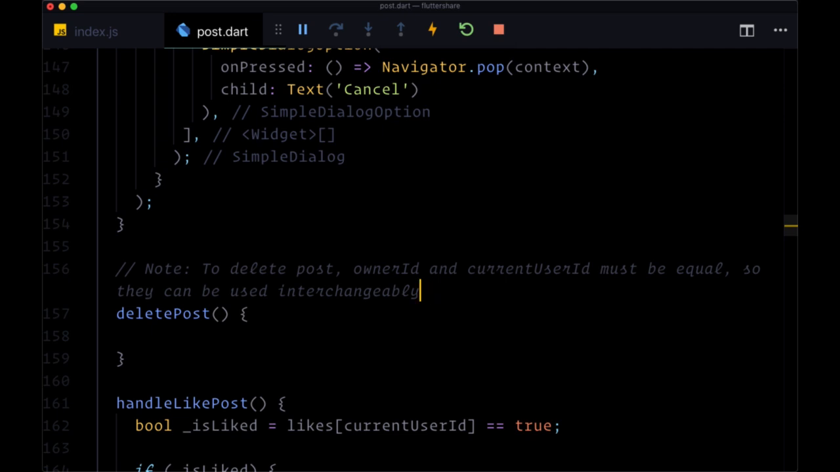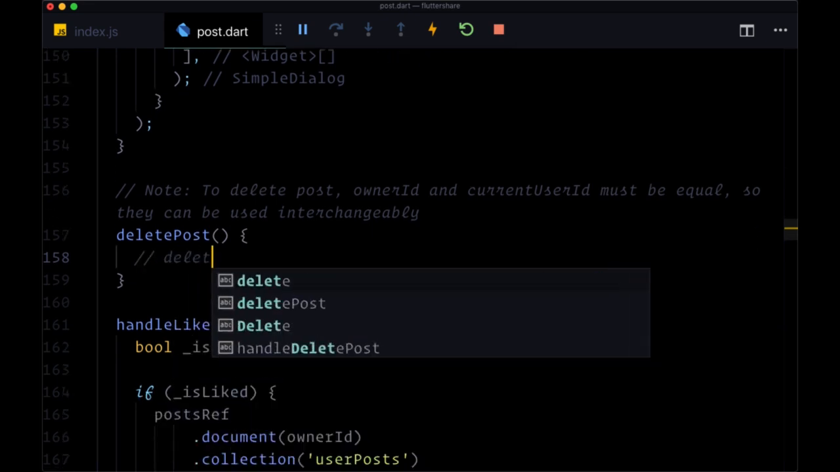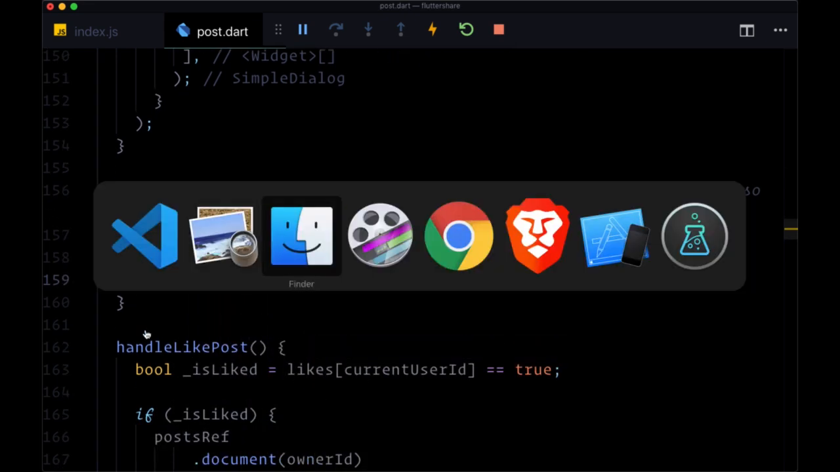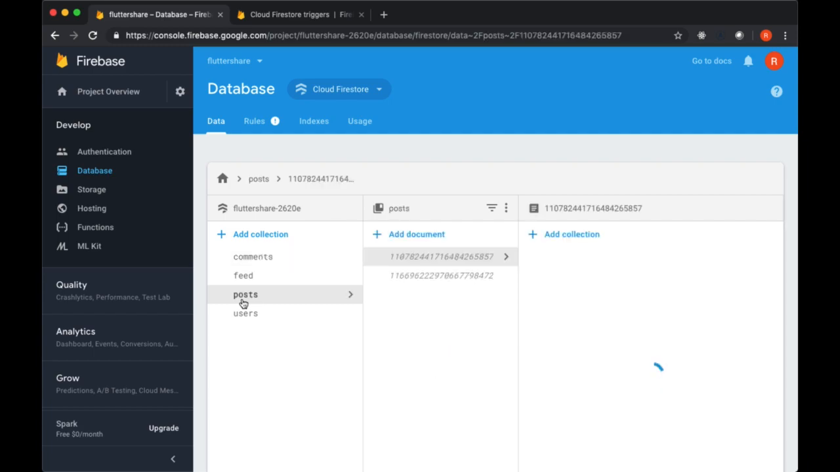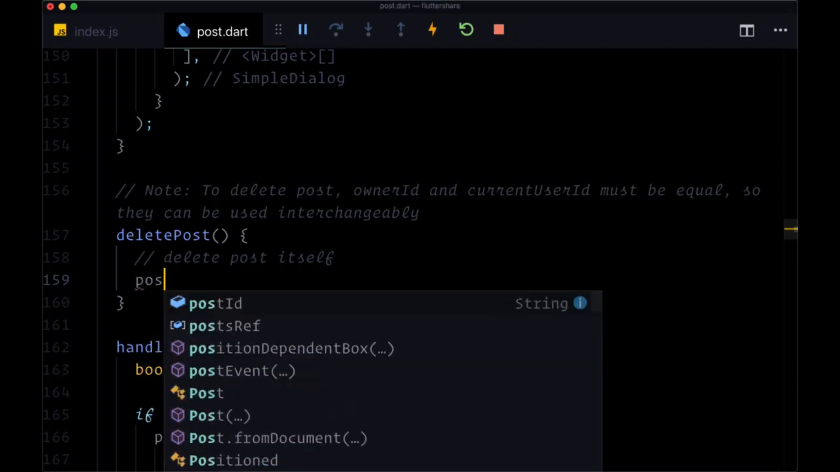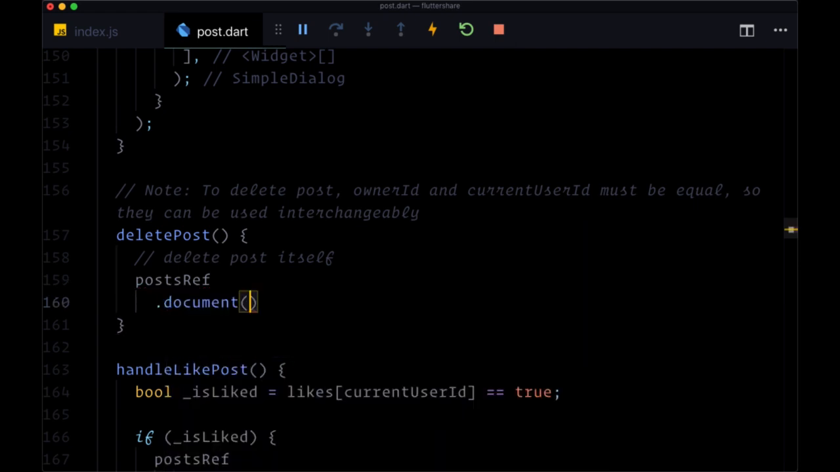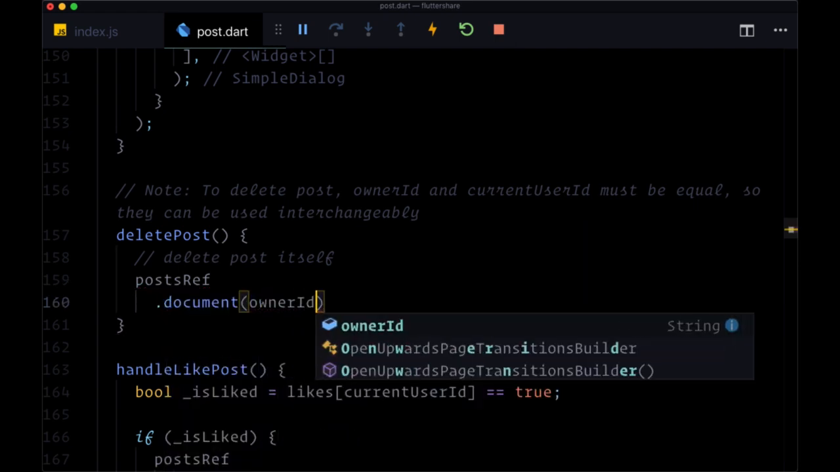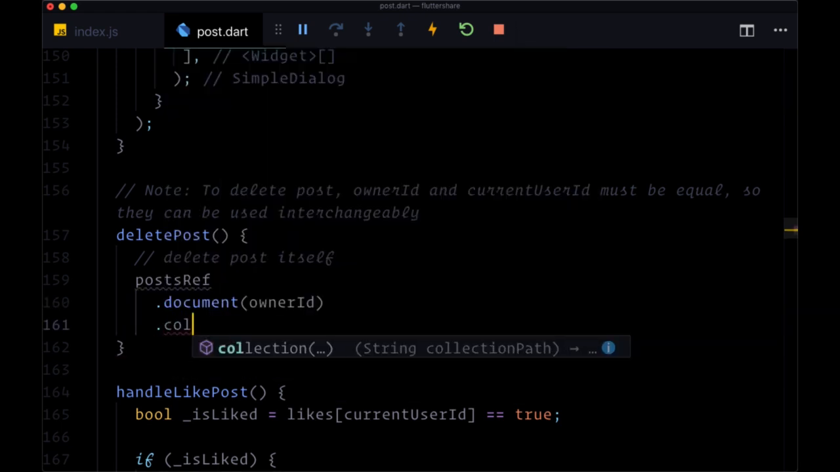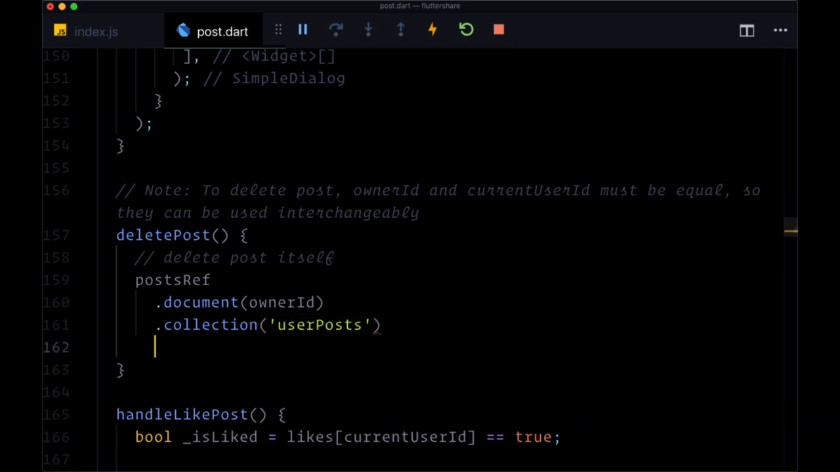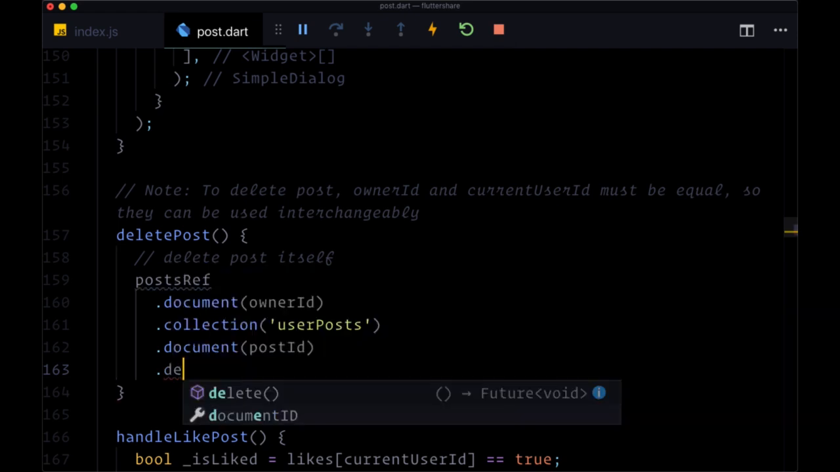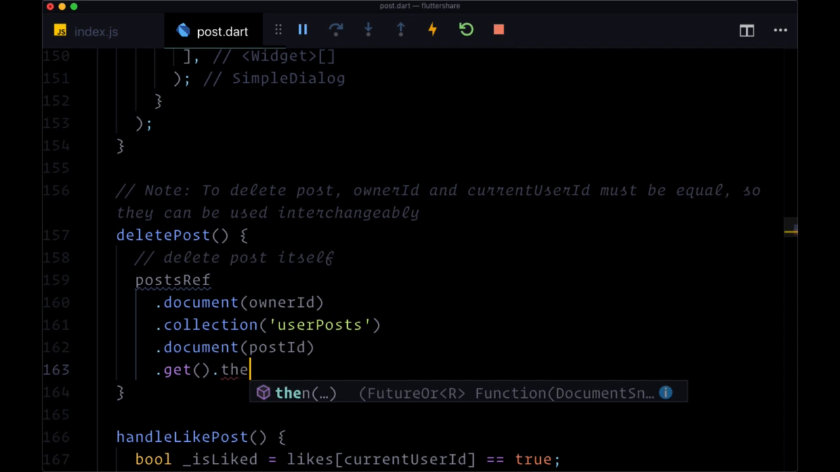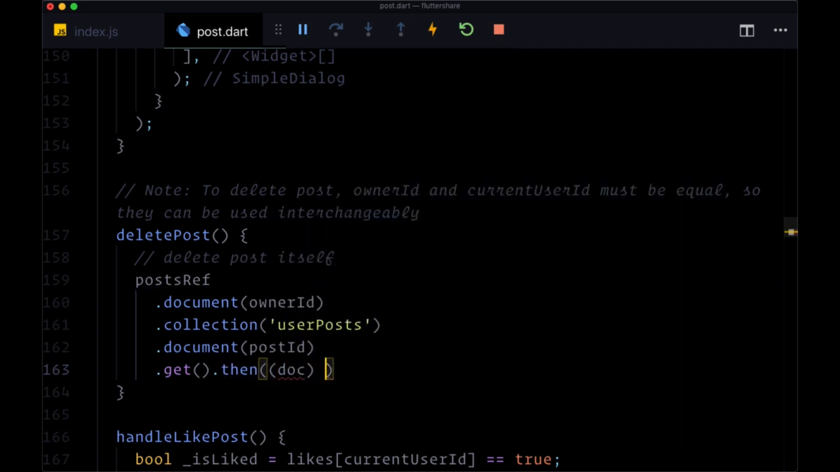So don't be confused. This is something that confused me a little bit when I was creating it. So first we want to delete the post itself. We need to delete the post data related to the post in the post collection in Firestore. Okay, so we'll grab the post ref, and the document will be related to the owner of it. So we'll use the owner ID dot collection user post, and the document we'll get from providing the post ID, and then we can call delete, but again, better to get it and say then take the document if it